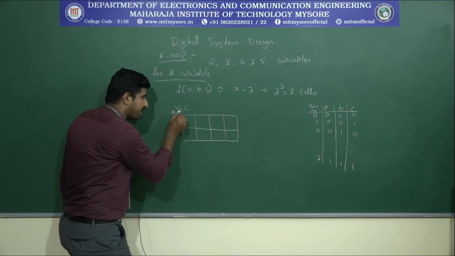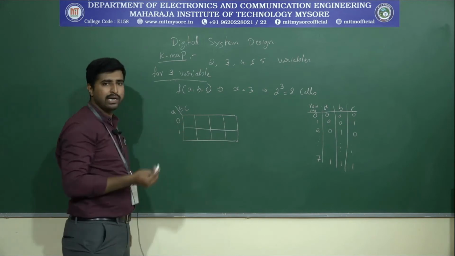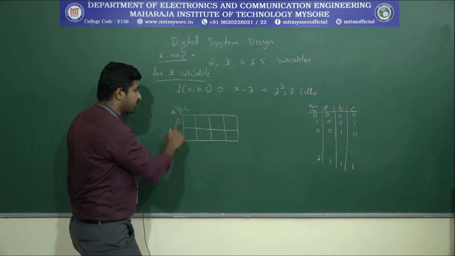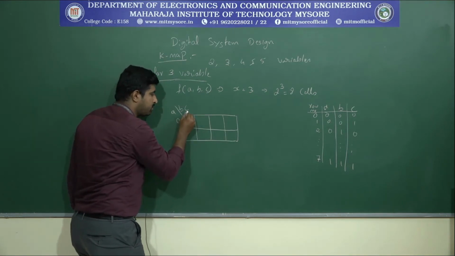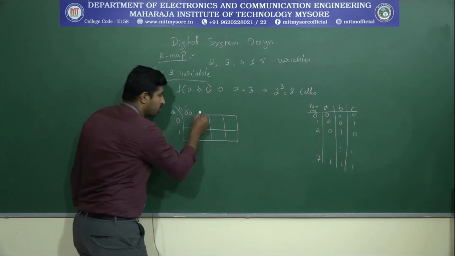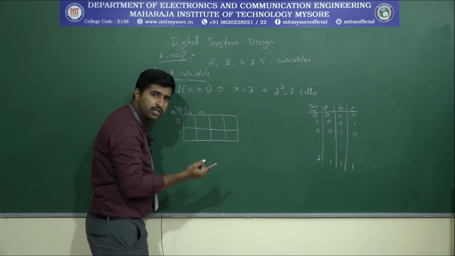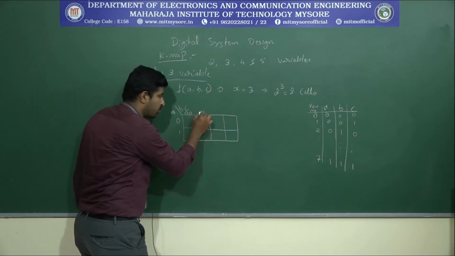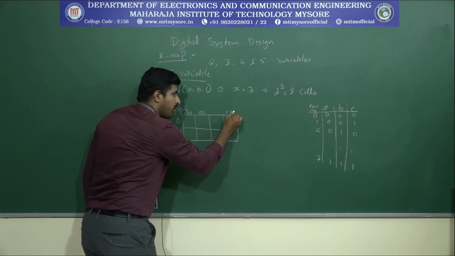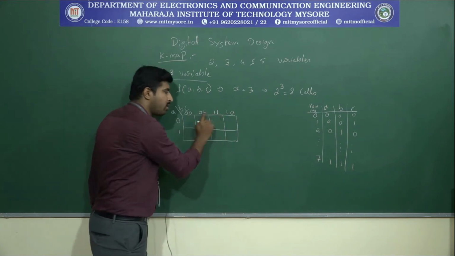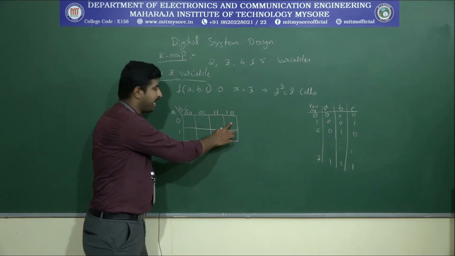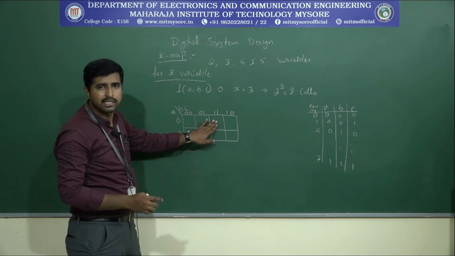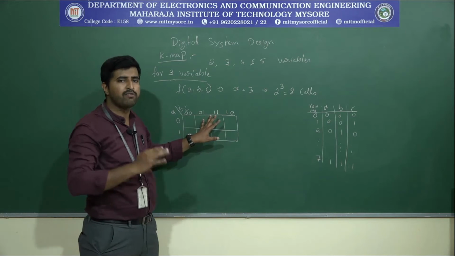A can take the values 0 and 1, and similarly here we have taken 2 variables. So B, C can be 0 0, or 0 1, or 1 0, or 1 1. So here it can be 0 0, 0 1, and 1 1, 1 0. See here, I have written 1 1 in the next to that, and 1 0 in the last column. The order has been jumbled actually. Why that is, we will see in the later part.